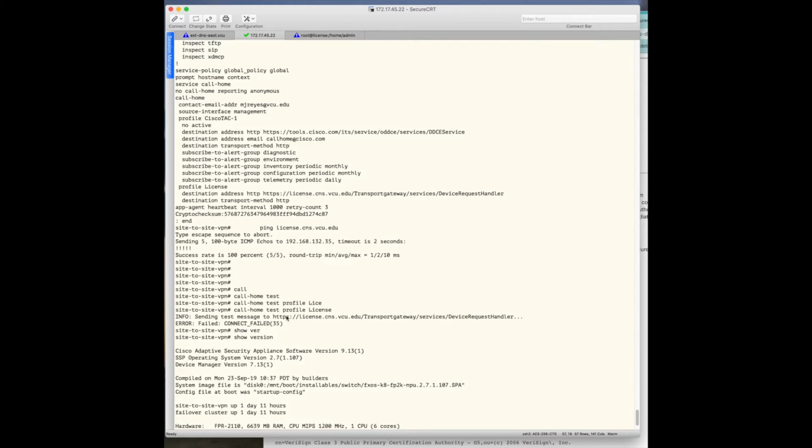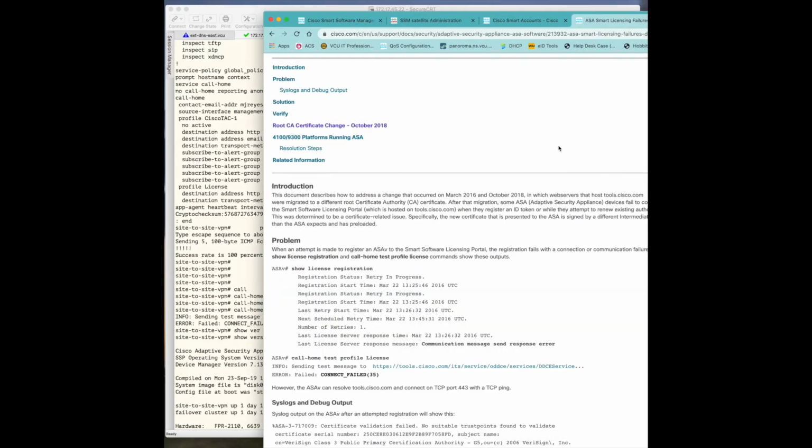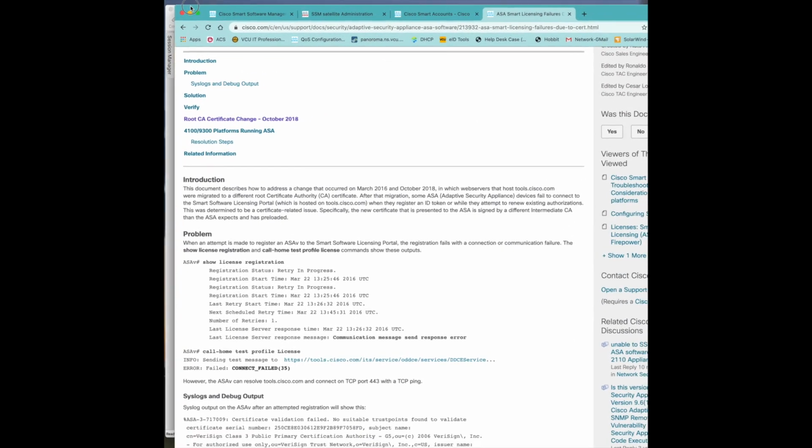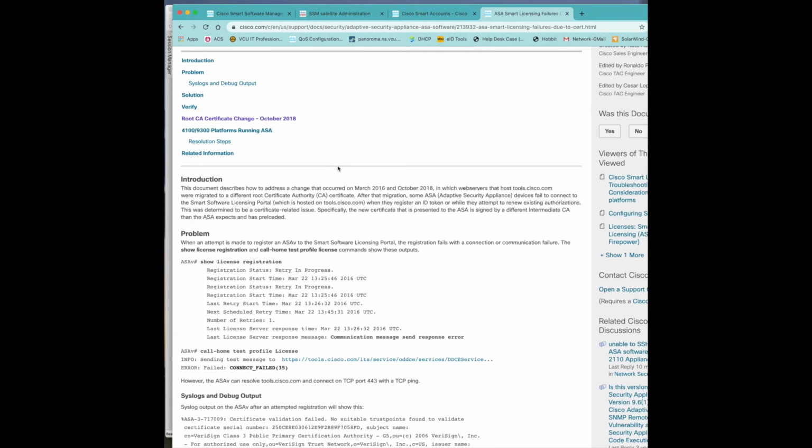But my curiosity was there to figure out why HTTPS didn't work and how to fix it. How do you go about troubleshooting this, right? So I landed on this Cisco page right here. And this particular page was very helpful to understand what some of the things that the ASA was throwing back at us were. I just started searching with connect_failed(35), and it led me to this